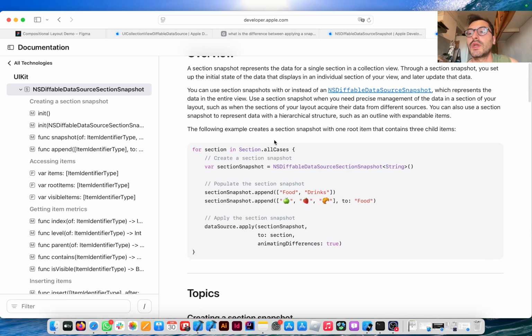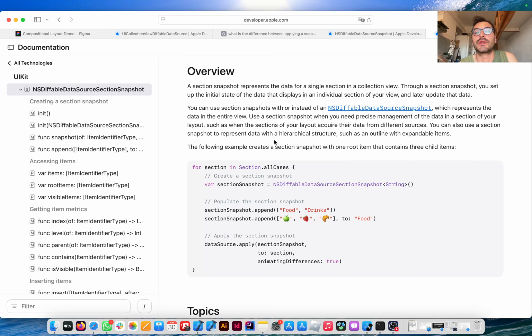yeah. You can also use a section snapshot to represent data with a hierarchical structure, such as an outline with expandable items. So another good example might be, let's say I have an app about crystals, and this is already on the app store, so I'm just referring to an app I already know, but it's about identifying crystals. So